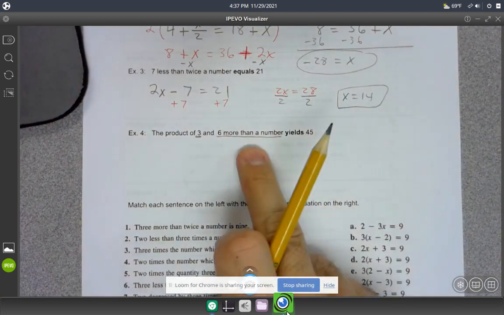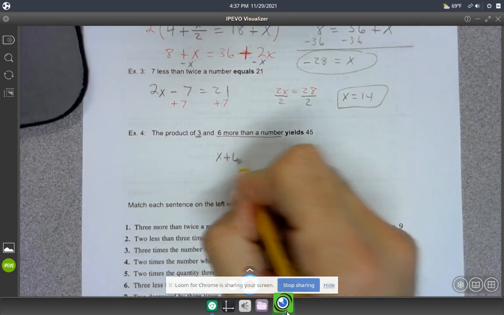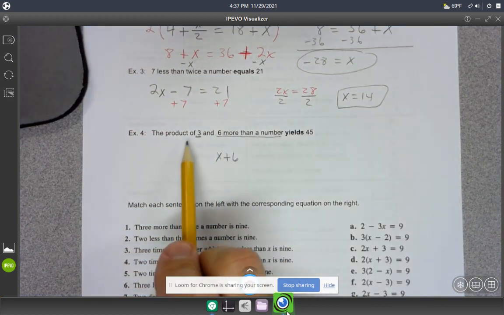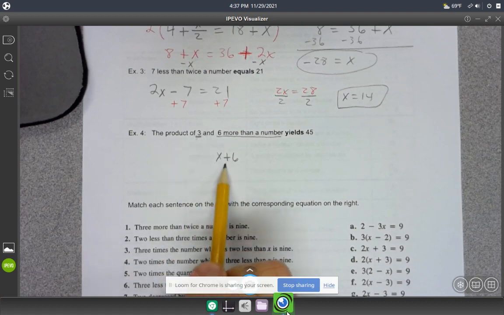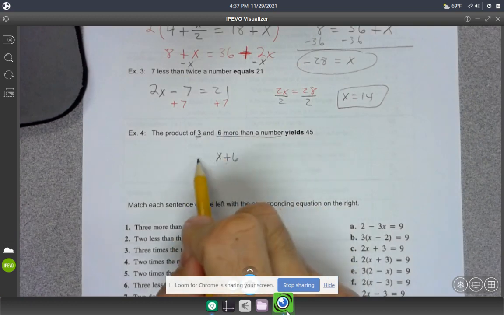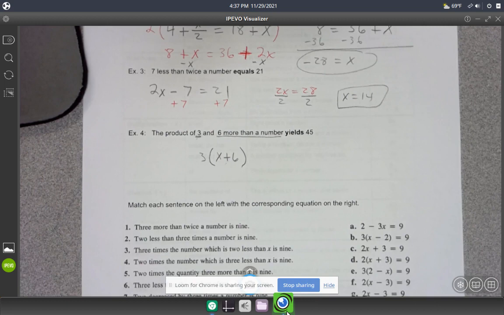So I know 6 more than a number is represented by x plus 6, but I'm wanting to do the product of 3 and this. So that means I need to do 3 multiplied by this. So the way you would write that is 3 multiplied by x plus 6. So I've got the product, multiplication, of 3 and 6 more than the number